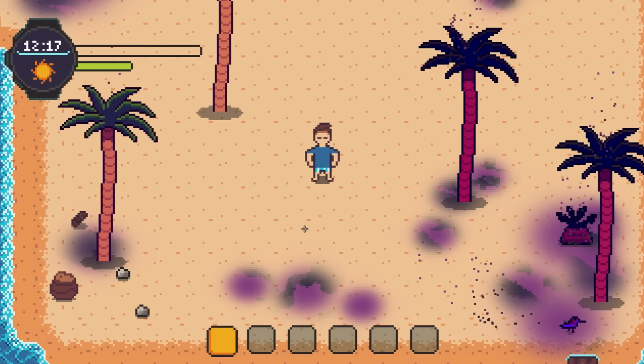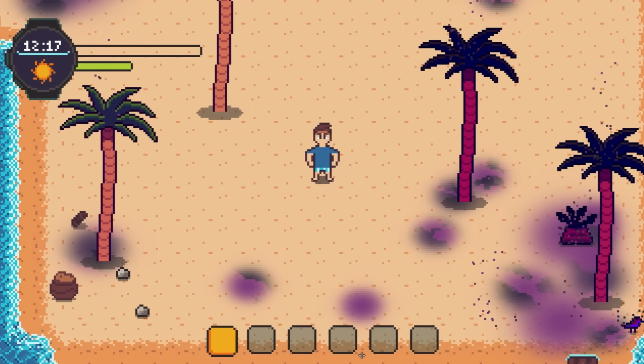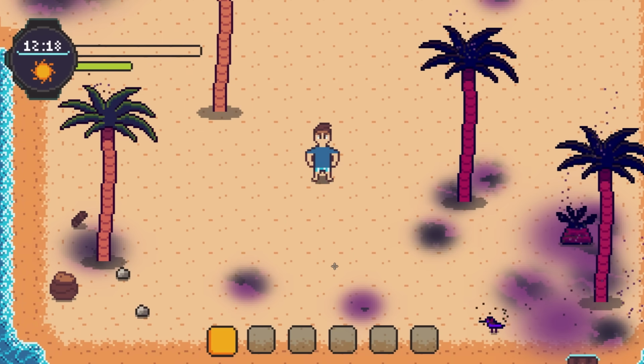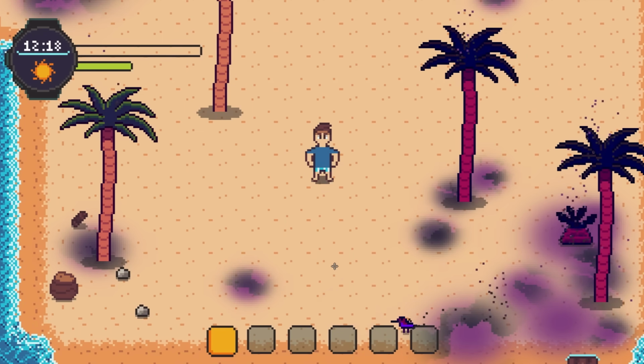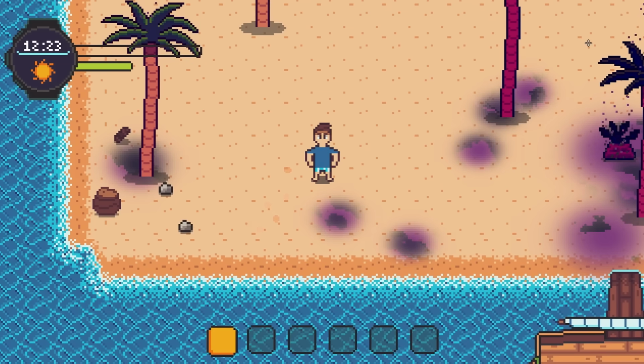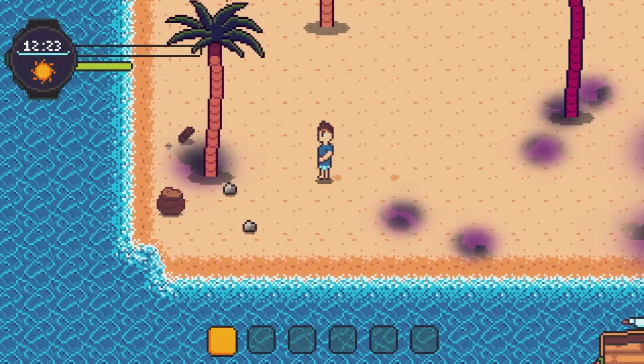You can see that we are here on the beach. I have no pre-gathered materials here or in my inventory. It's like a fresh save. So we're just going to explore the beach and start to figure out how we can take part in some foraging activities. Right off the bat, we'll notice as we explore the island that there are some items sitting around